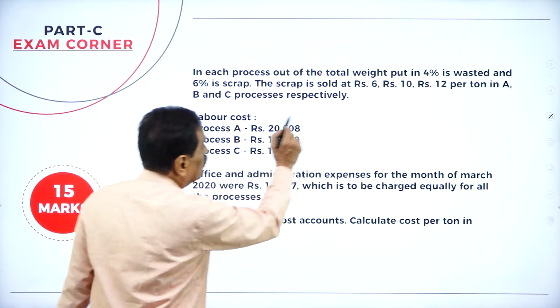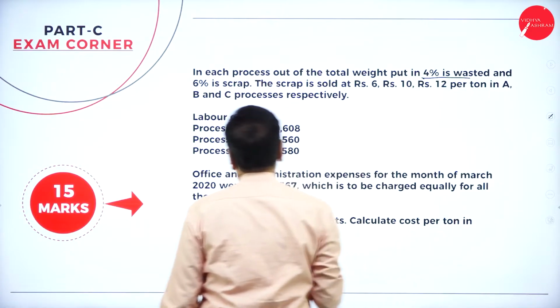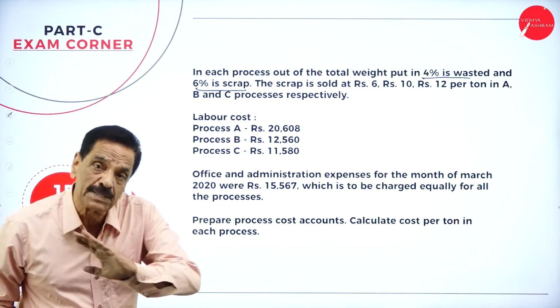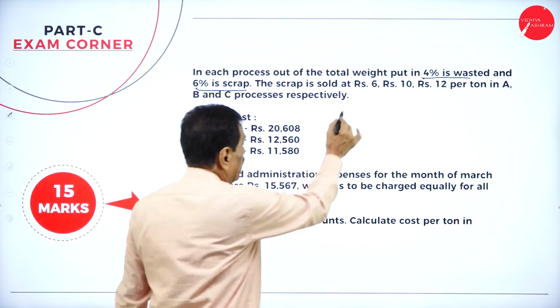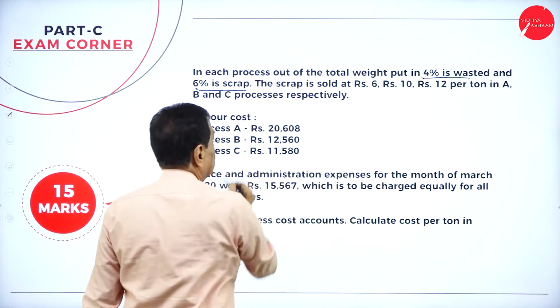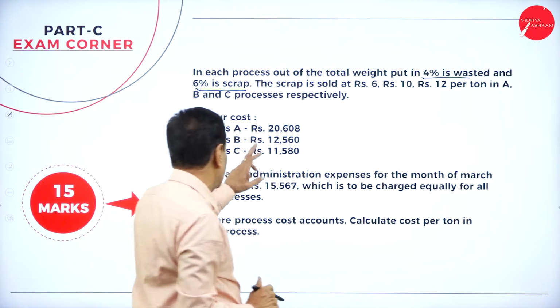In each process, of the total weight put, 4% is waste and 6% is scrap. 4% is waste, no money is realized. 6% is scrap, which is realized at rupees 6, 10, and 12 per ton in A, B, C processes respectively. Further expenditure on labor cost: A,